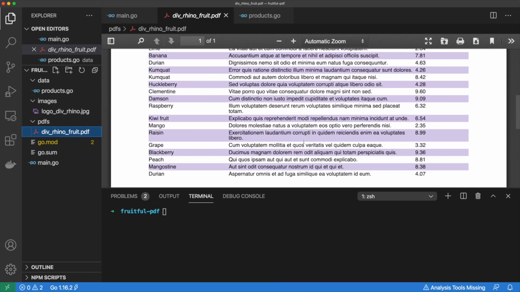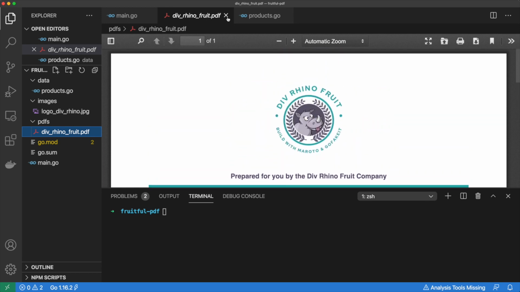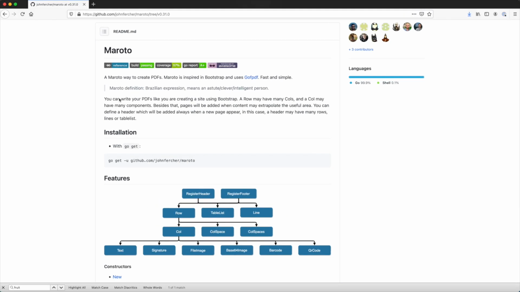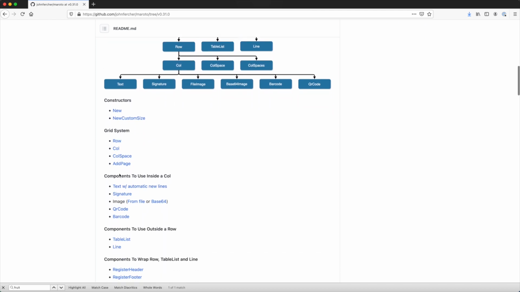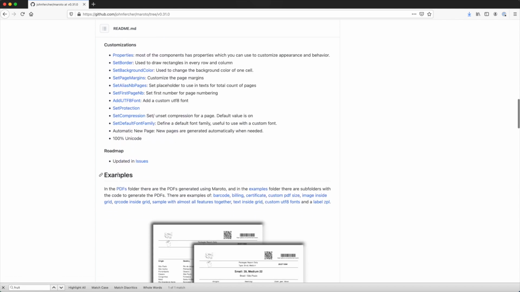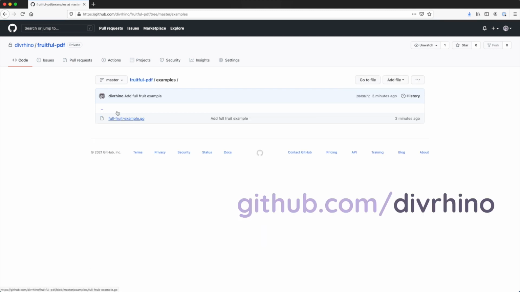We've made it to our third milestone. We got a lot done and you did a wonderful job. If you'd like to further extend this program, you can consider visiting the Maroto repository to learn more about all the other features it has to offer. For instance, you can experiment with adding a signature, a QR code, or even a barcode. You can also check out the various examples they have available. And speaking of examples, the code for this tutorial also comes with an example that implements all the features we pointed out from the Maroto documentation.